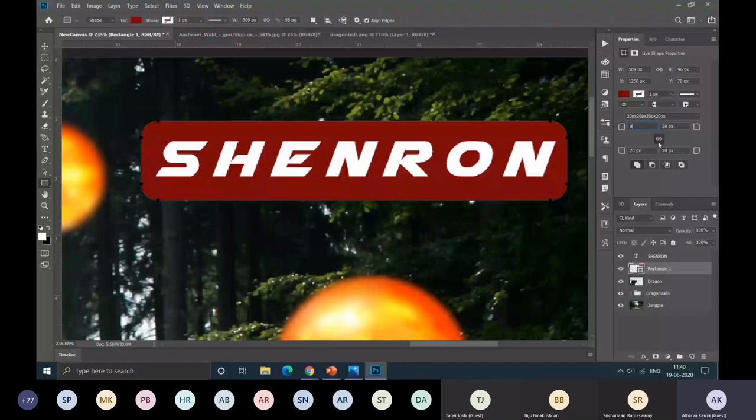I'll set it to 0, deselect this option, and let's curve this corner by 30 pixels. And this corner by, let's see, 40 pixels. You can see that only two corners have been curved and two are intact. And the curvature radius is, as we specified, 30 pixels and 40 pixels. So it's a very easy option.